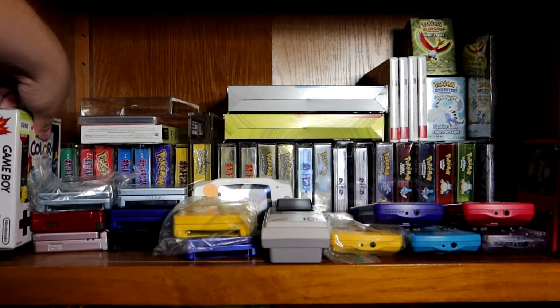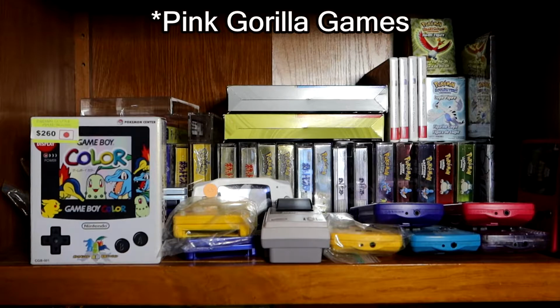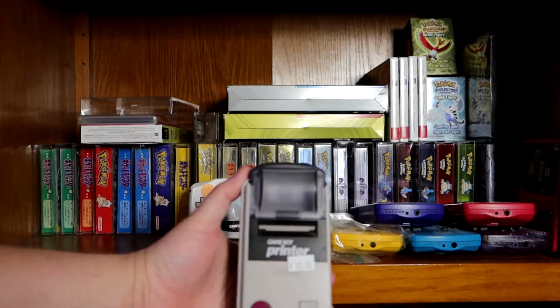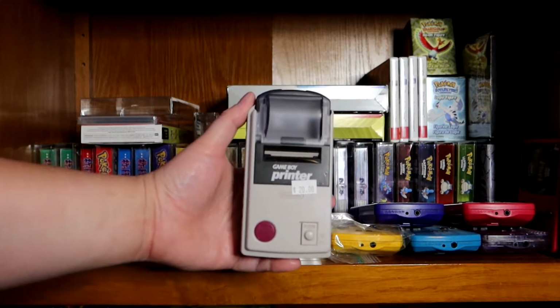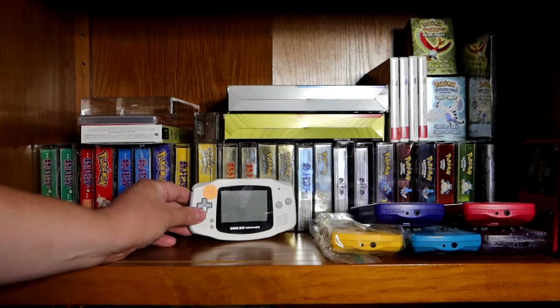And I also have a Japanese Pokemon Center exclusive Game Boy Color model that I did get from Pink Bunny Games out in Seattle. So shout outs to Kelsey there, who hooked me up with this one, so that was awesome. And of course, guys, no collection would be complete without the original Pokemon printer. I did actually get it for $20 because my original one broke. This one does work, but I did have to buy it secondhand,